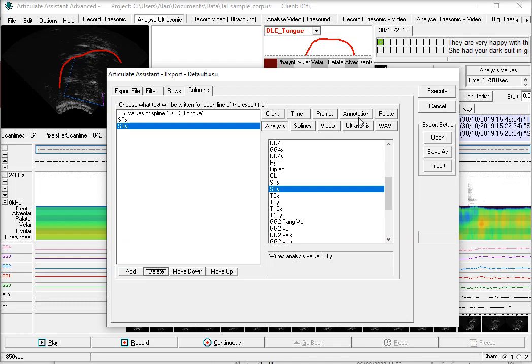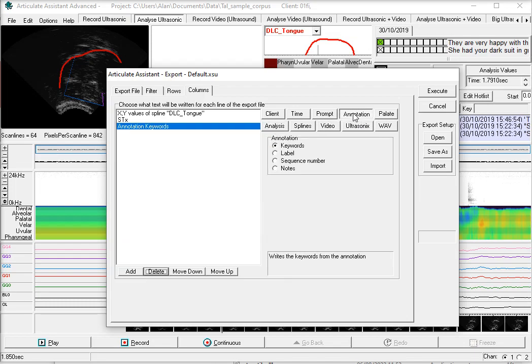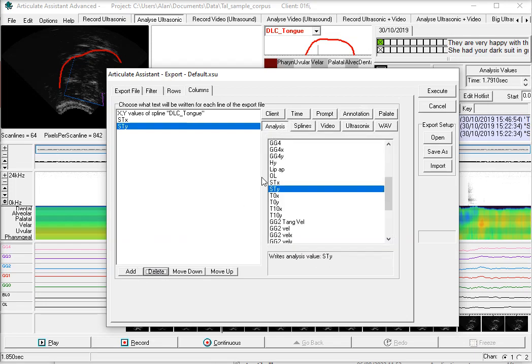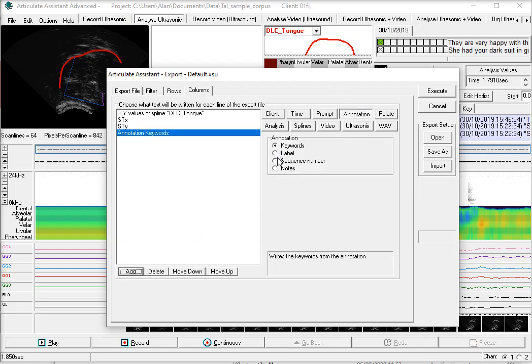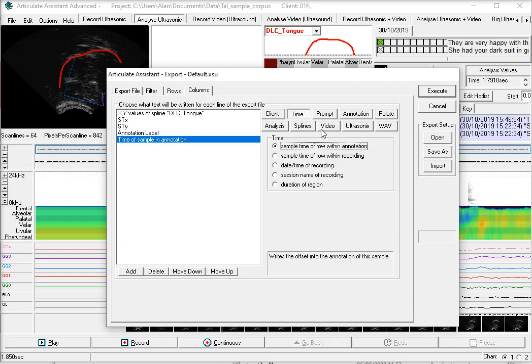And you can export the annotations. We can export the annotation itself, the label, and keywords, and we can export the time within the recording, for example. Once we've done all of that, we can click the Execute button,